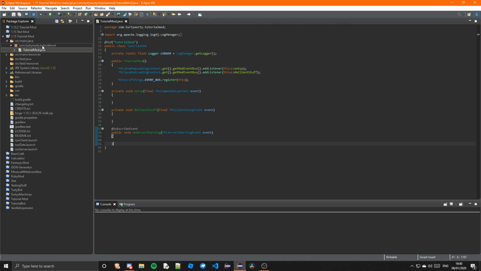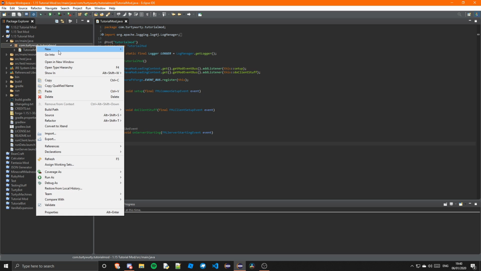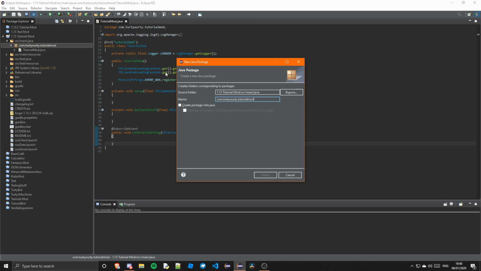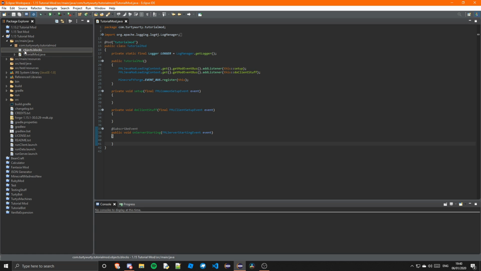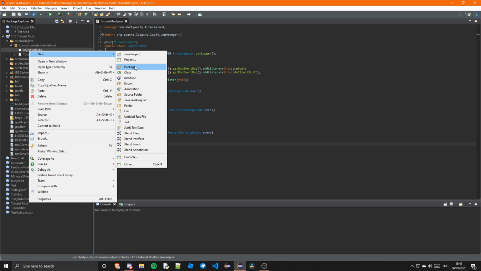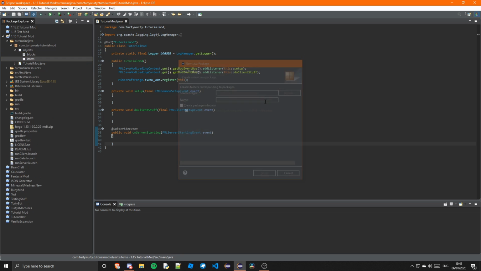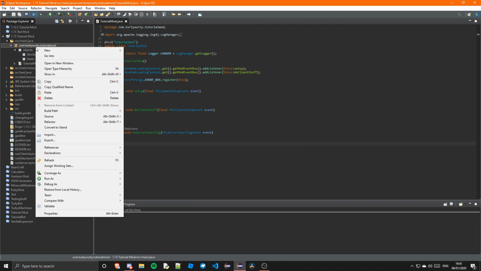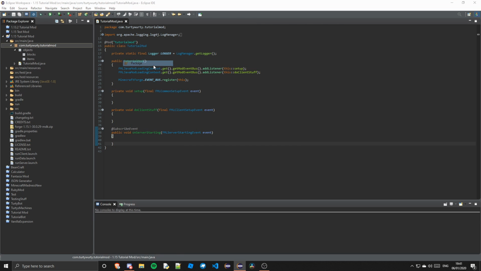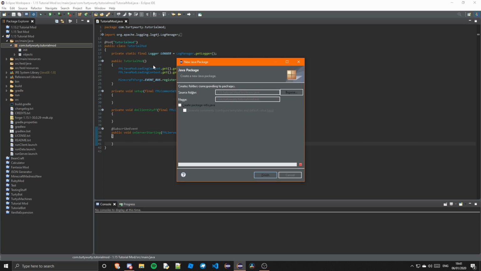First thing I do want to do is just create a few packages and get a setup for that. So in our main package, so com.blah, we're going to create a new package, and I'm going to call this .objects.blocks, and a new package inside of that called .objects.items, a new package in the main package called .init,